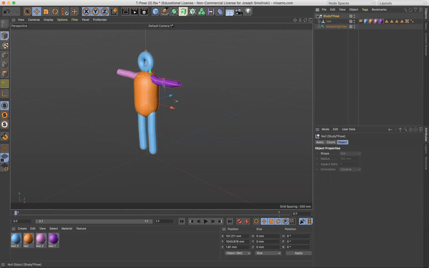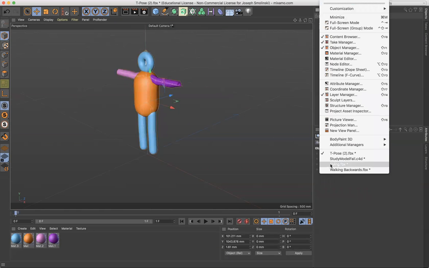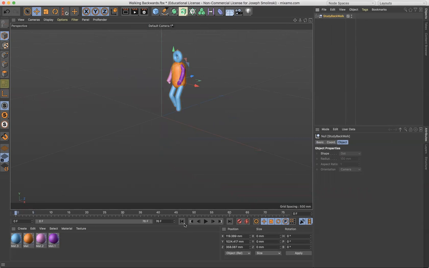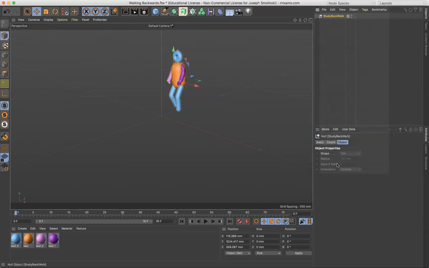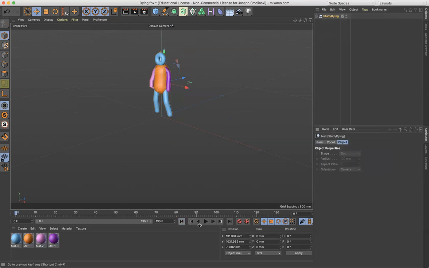Okay, and then we're gonna pop in the rest of our models as well, which I already have open, but you're just gonna open up each one individually and same sort of thing. We're gonna go to the walking backwards. Okay, here we can preview this. So we have our walking backwards. All right, and then same thing. I grouped that into a project and labeled it study walking backwards. And then also our dying, which is that falling sequence